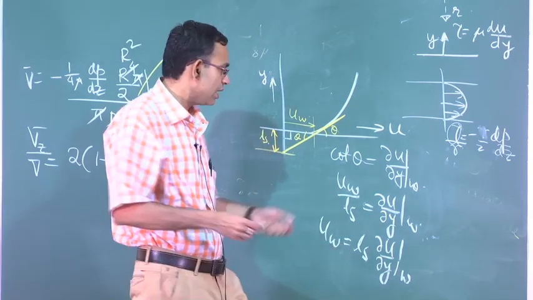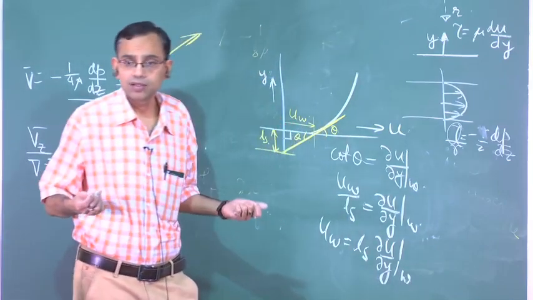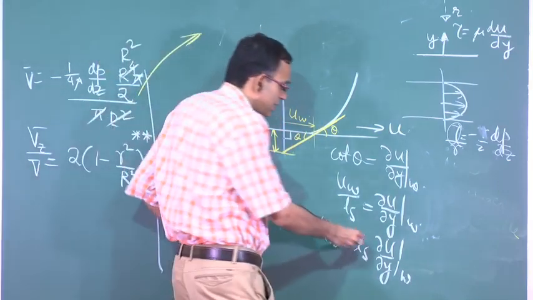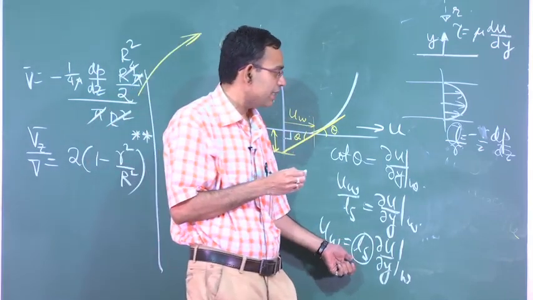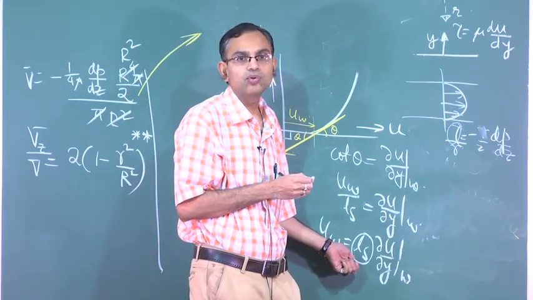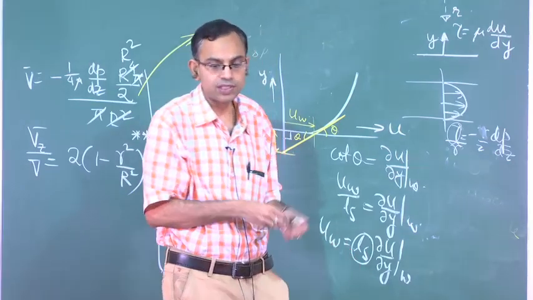So now the question is, why will the fluid slip at the wall? If we are arguing that there could be a slip, it is quantified by the slip length, and this can be obtained either through experiments or through molecular simulations, but the question is why it will slip.